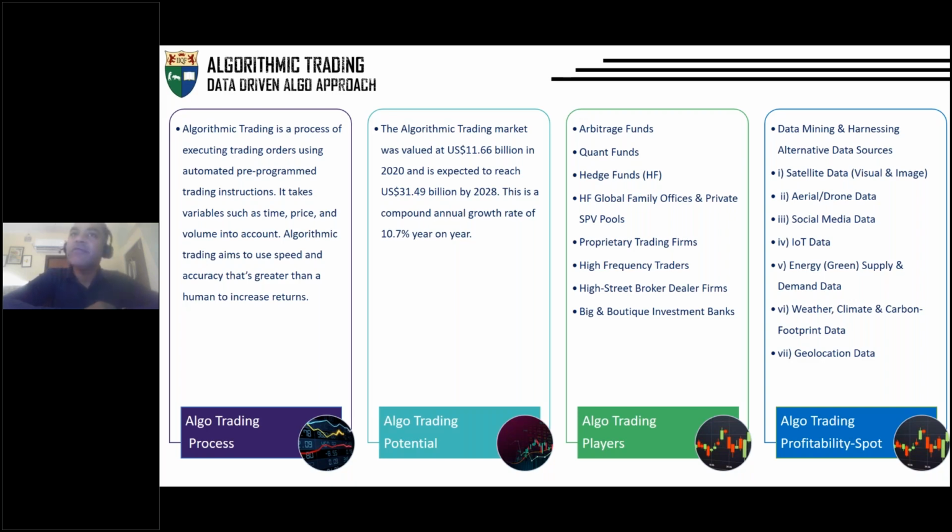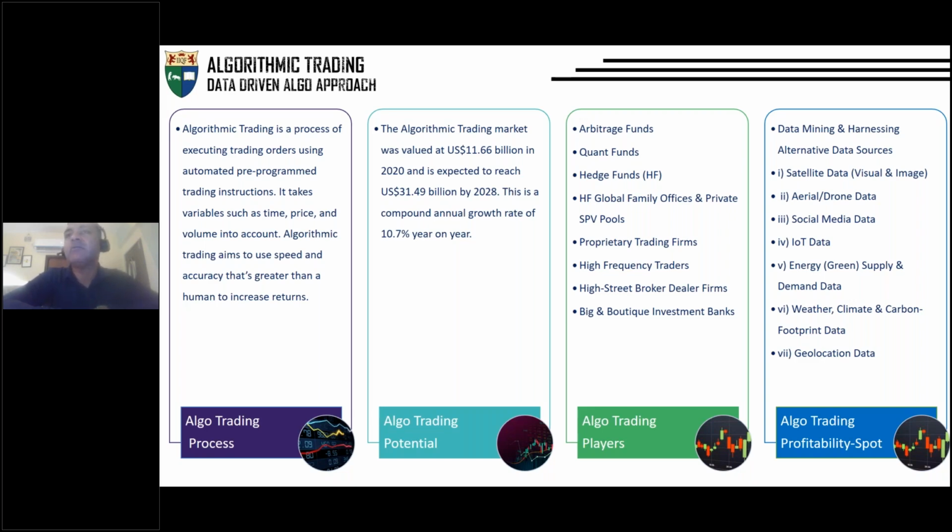Some of the family offices and global hedge family offices, which are catering to specific wealthiest individuals and acting as hedge funds. So those kinds of firms, proprietary trading firms, high frequency traders, high street broker and dealer firms, and big boutique investment banks. So some of these firms are participating in this new revolution, and they are harnessing the potential of